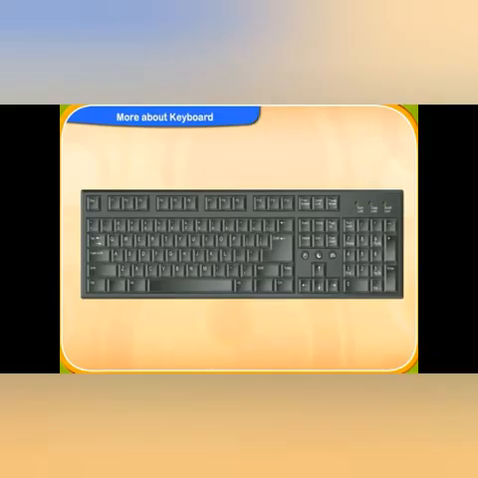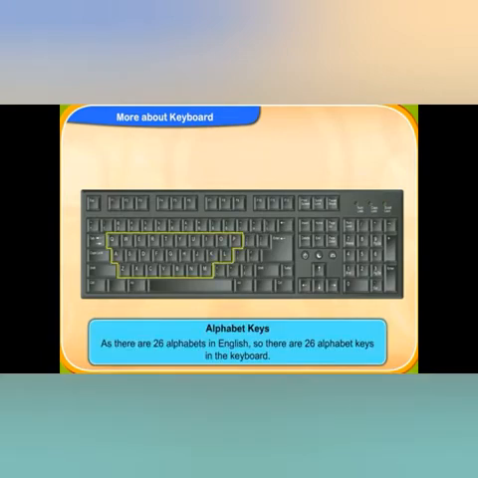Can anyone tell me how many alphabets there are in English? Yes, you are absolutely correct. There are 26 alphabets. So, here also 26 alphabet keys are there on the computer keyboard. Clear, beta?